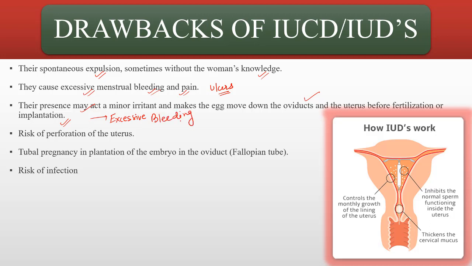Risk of perforation of the uterus can also be there. Yes, the risk of perforation of the uterus, if the sharp edges of the metallic support of Copper T can cause perforation to the uterus as well. Tubal pregnancy, implantation of the embryo in the oviduct. Maybe the zygote can implant itself into the fallopian tube, leading to tubal pregnancy, which can be a major complication,